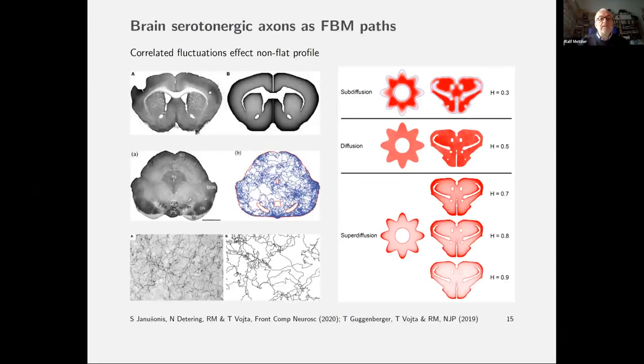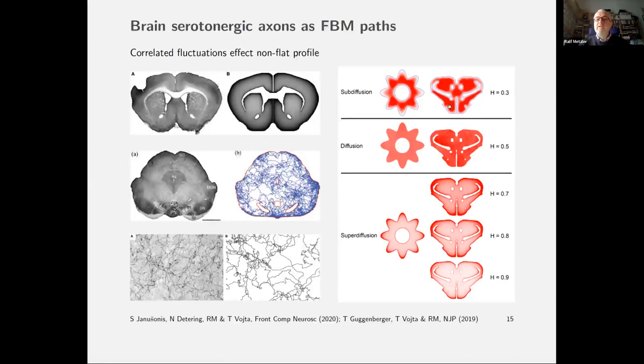And what they see, once they smoothen everything, is that the concentration of these fibers is very high close to hard boundaries of the brain. So this is a very typical property, and for some reasons, we assume that we can model the growth of these fibers by fractional Brownian motion. Here I show you an example of traces of these fibers in these cross sections, and this is a simulation of a fractional Brownian motion, and you can see, well, at least there's a qualitative similarity.